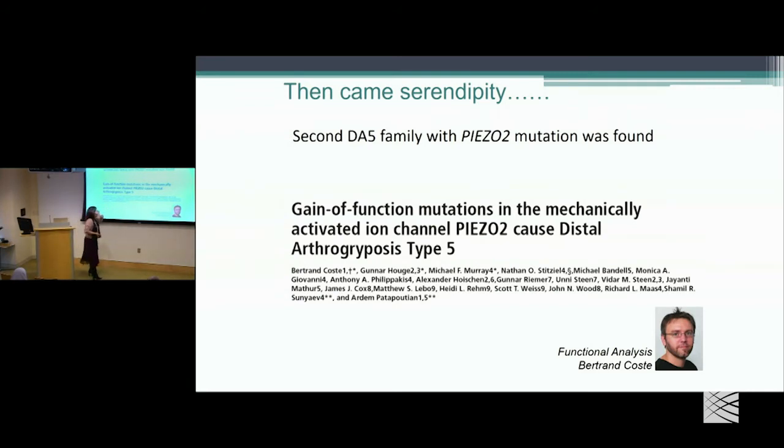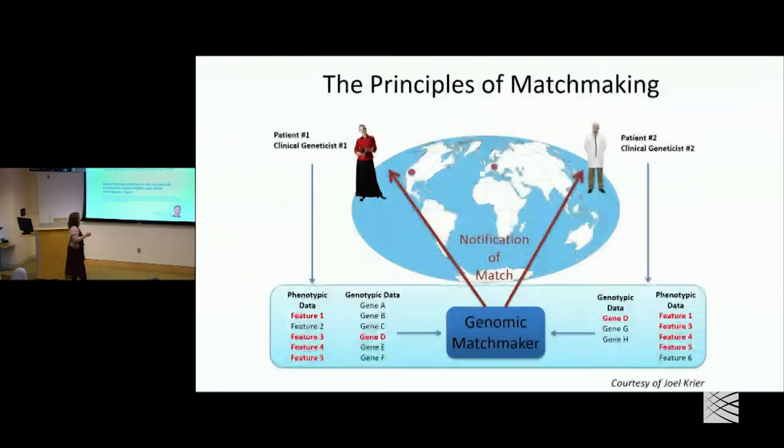PIEZO2 as the cause of distal arthrogryposis type 5. It was really that second case, where you could show an exact, extremely rare phenotype, both due to de novo mutations in the same gene. Without that second family, you're just sitting there with not enough evidence. He did end up showing functional disruption of the protein as well, but as I said, that would have been insufficient in my mind. It was just lucky that this group in Canada happened to call this guy and say, I have a family too, and lucky that there was only one guy in the world that studied that protein, which brought these groups together.